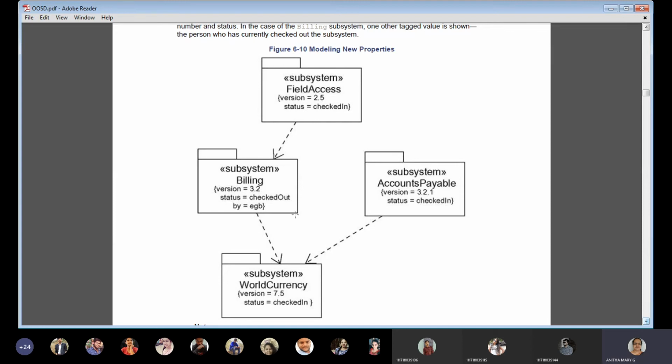If you can just make out, the base class is 2.5 and its subclasses or child classes, their versions are increasing: 3.2, 3.2.1 and this is 7.5. Not only that, you can give the dependency.